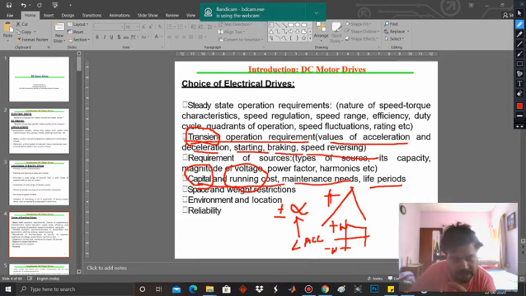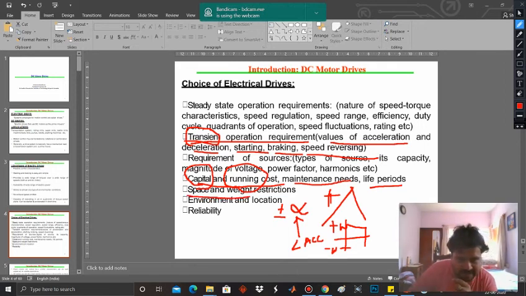For one financial year or one annual year you have to see what money you are putting in. So what is the sum total of all these costs over a period of 12 months, and what revenue you are generating from your plant. So if you are generating a revenue above your minimum revenue, then you can say that your plant is generating profit. So all these things have to be analyzed before setting up a plant.